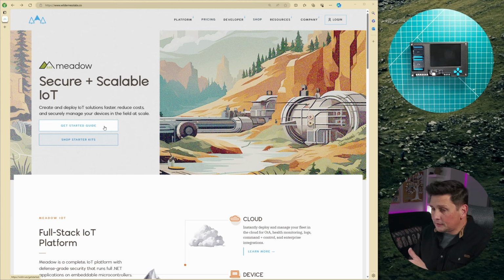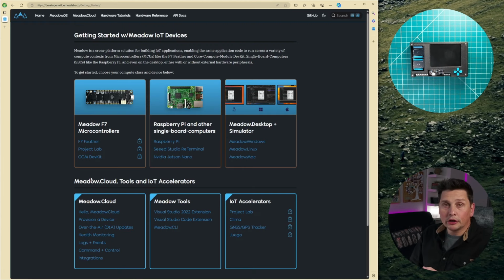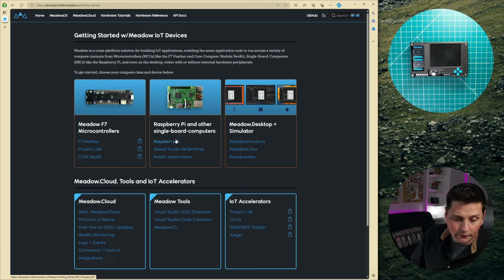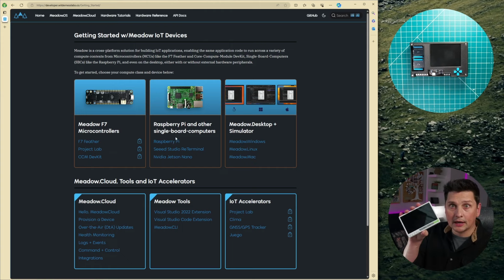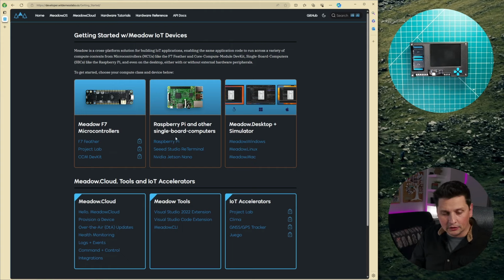So with that device, I'm going to go through that getting started guide. You can get started on a Raspberry Pi if you want. You can get started on an NVIDIA Jetson Nano, on a reTerminal, one of these devices here, which is like a Raspberry Pi on steroid, basically. And you can start on your Windows, Linux, or Mac machine as well. If you're developing on one of these, you can use the simulator. It's .NET, it's portable, so you can try it out everywhere.